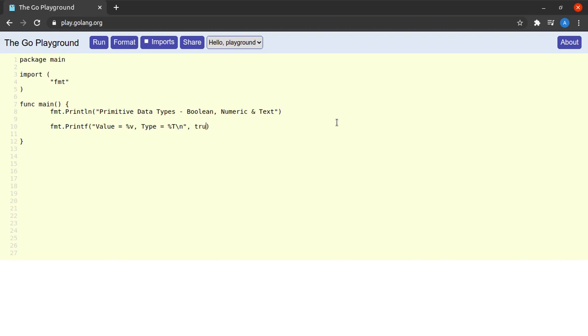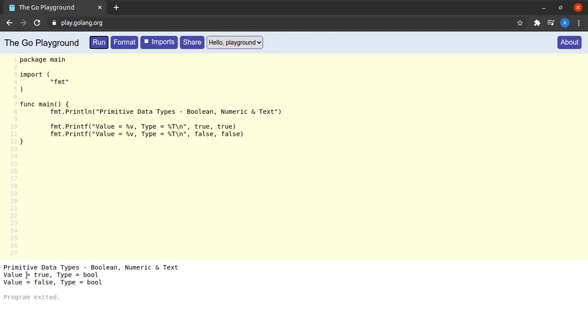Then I specify a boolean value of true, and I will repeat the same statement for the false value as well. I say false, and when I run this we can see that the true value has a type bool, as well as the false value also has a type bool.